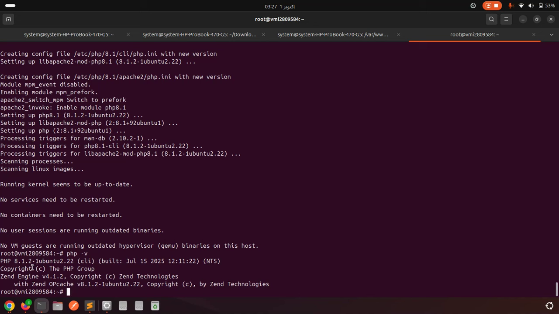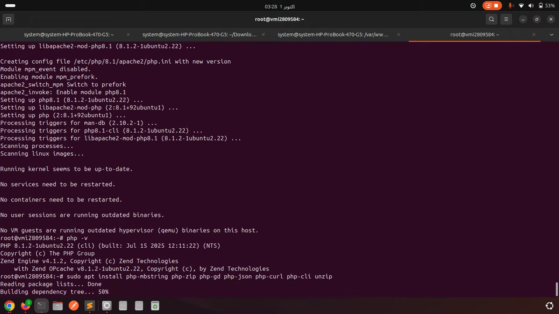Now I want to install the PHP dependencies that are required for my project. So sudo apt install php-mbstring, php-zip, php-gd, php-json, php-cli and unzip.